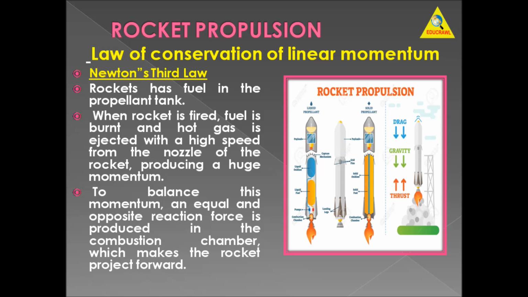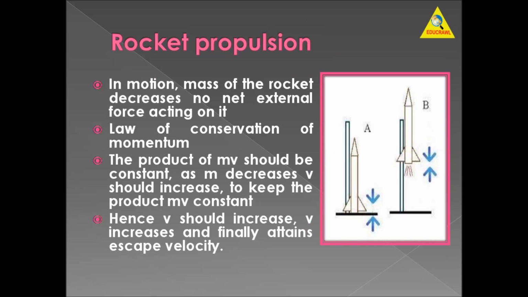Next, during the motion of rocket, we have seen the rocket detaching its parts while moving. Hence, the mass of the rocket decreases. By the law of conservation of momentum, the product mv, that is mass and velocity, must be constant. Hence, as the value of mass decreases, the value of v should increase so as to maintain the constant. Hence, the value of v increases and finally it attains the escape velocity value and it escapes from the Earth's